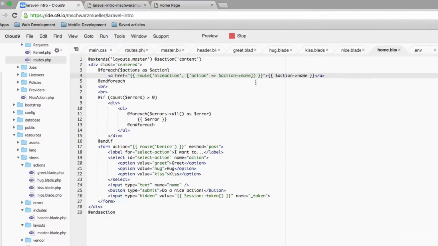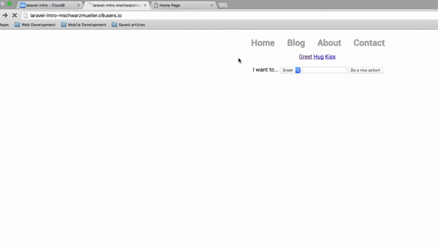And I want to make sure that the first character here is lowercase, so we'll use the lcfirst PHP function because our routes are all defined in lowercase. So reload now. Greet, I greet you. I hug you, I kiss you. So that is all coming from our database,